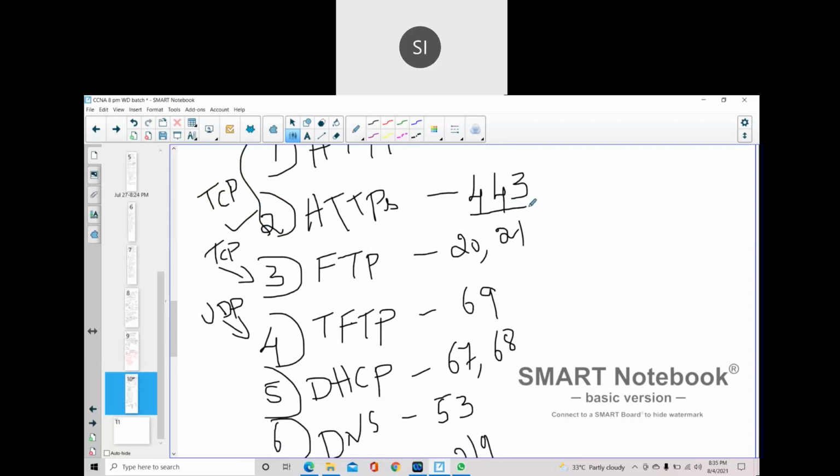Then Facebook is allowed or blocked depending on the company requirement. So port numbers are required to allow or block your network, and these are the basic and mandatory ones we need to know.